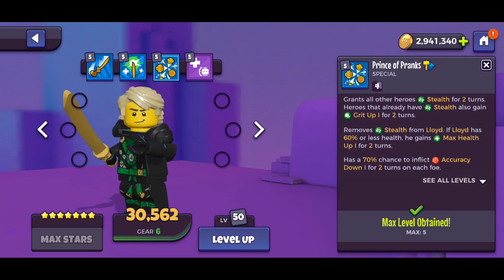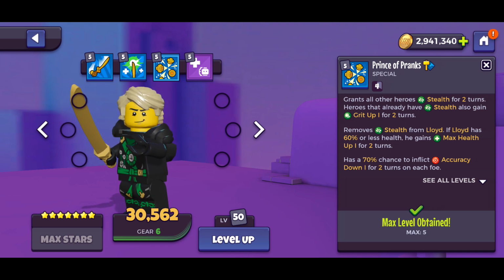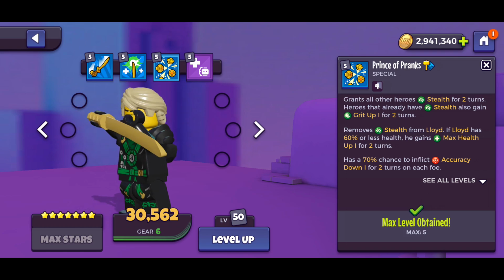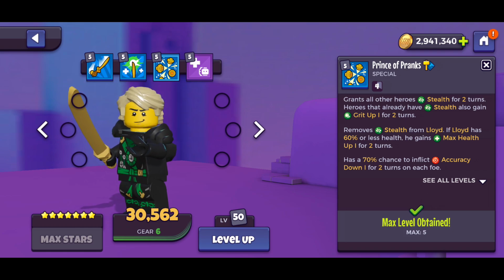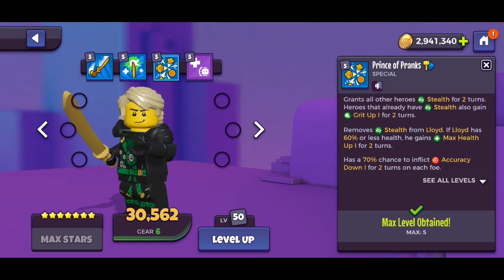The Lloyd nerf was more substantial than I thought it would be. I think he's really going to be dependent on having Wu in the team. Right now, he's really not that great, and he's no longer as effective as a plug-and-play character. If you want to use him in like a castle team or something, you really need Aurora or Yuppie there as well to start reviving him, because he no longer has as much survivability as he used to have, because he won't have